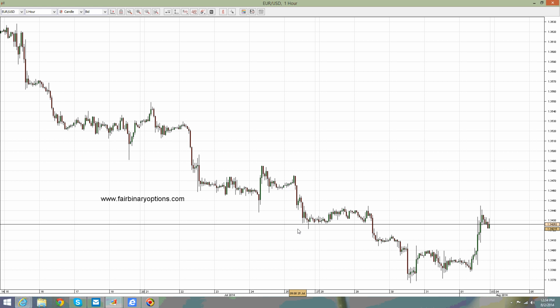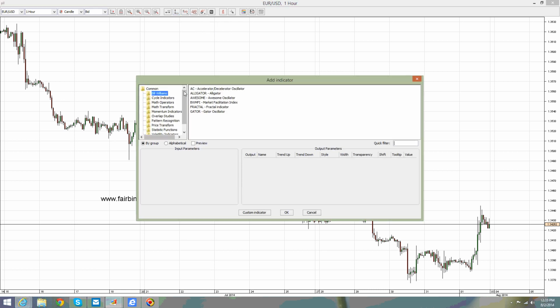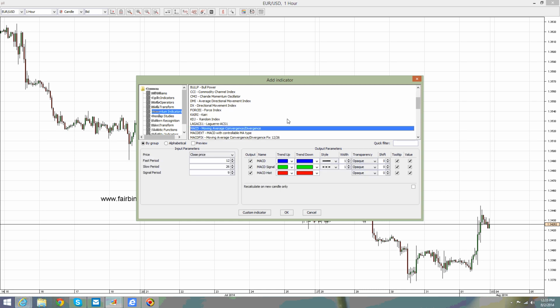However, the MACD is to be found on any trading platform, so it should be noted that MACD stands for moving average convergence divergence. In the JForex, you can apply the indicator on the chart like this. You click add indicator, and then you have all these categories for the indicators to be applied. Under the momentum indicators here, if you go on the MetaTrader, then the MACD is to be found under the oscillators tab. Under the momentum here, you will find by scrolling down, it's got to be somewhere, this one, MACD,